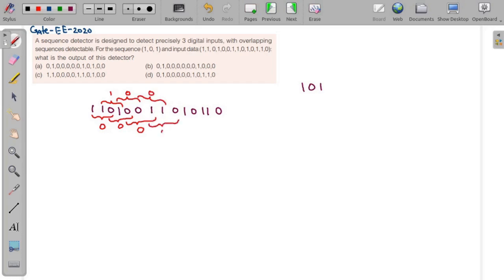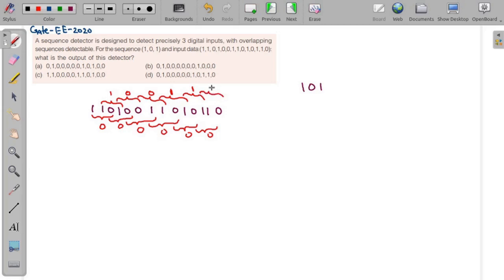1 1 1 0, not same. 1 0 1, yes, this is actually our sequence. Now 0 1 0, this is also not same. Again we can see we have our sequence of 1 0 1, so this is 1. Now if I have to check here, it is 0 1 1, so 0. Now 0 1 1, now we have